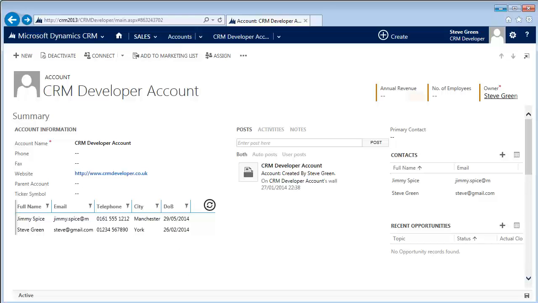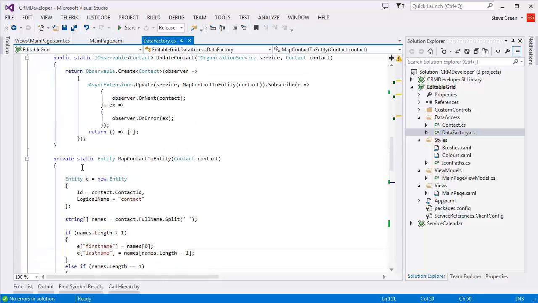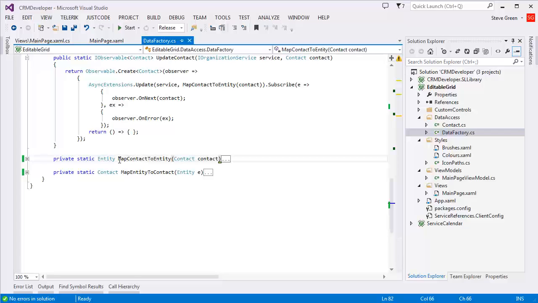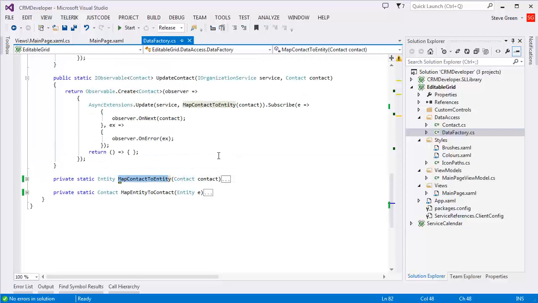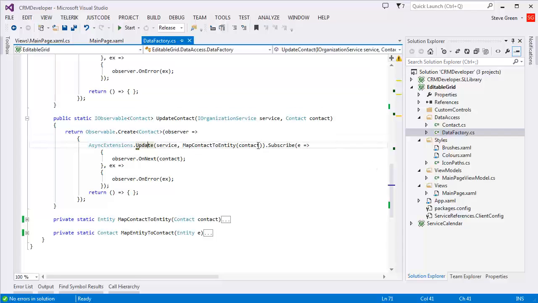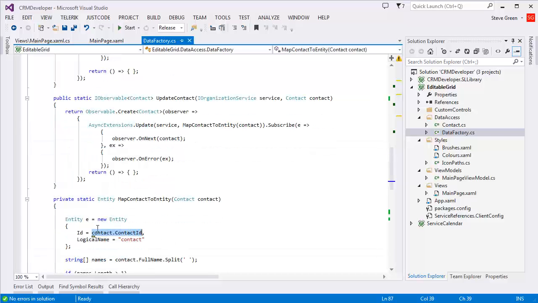Obviously then you'd have to create a factory class to do the create, so we'd be involving the map, where you could use the same map contact to entity, but instead of having update contact and using the update method, you'd have to use the create method and just pass a similar record in, but you'd probably have to generate, instead of passing the ID, so you couldn't probably use the same method actually,